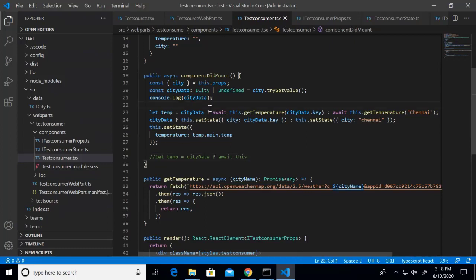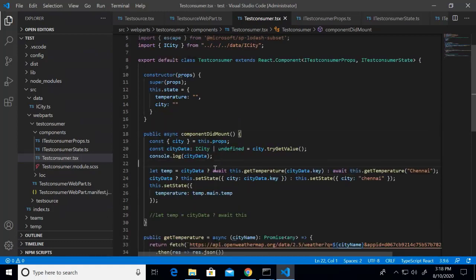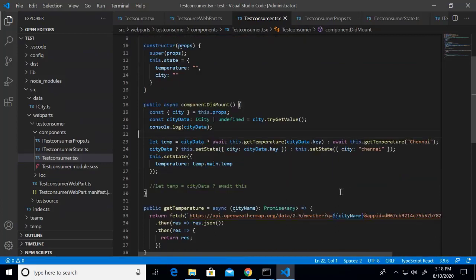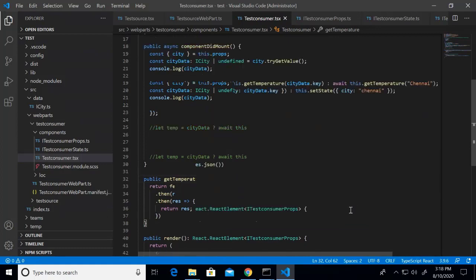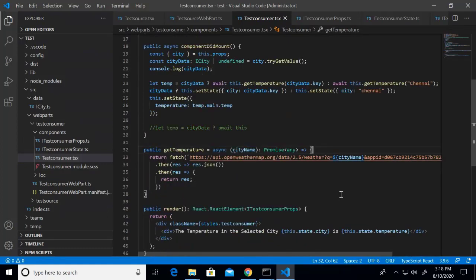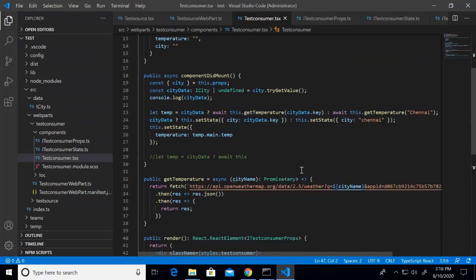Okay, what we can do is the first time we will pass the name as city name. City name is coming as empty. That's the reason it renders without anything. So this state